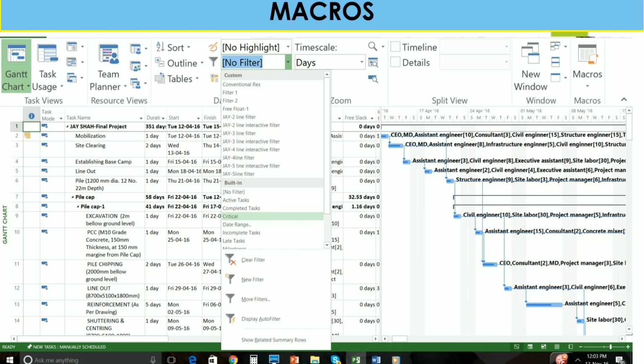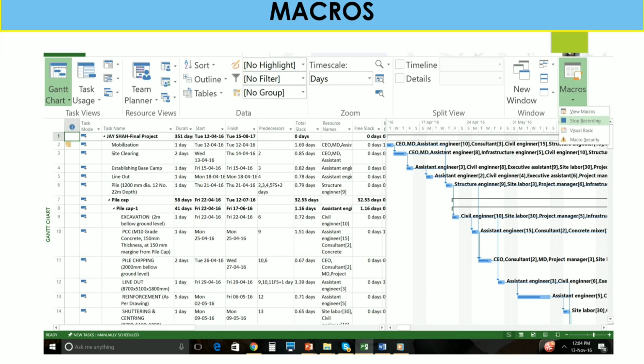Based on that, all your activities will be recorded under this macro name. After clicking that, if you want to see critical activities, let's start. We already know how we can see critical activities. So go to this option, go to Critical and click on that. Here you can see all the critical activities and normal activities displayed in Microsoft Project. Before that you have to stop recording the macro so that you can assign your macro to critical activities.